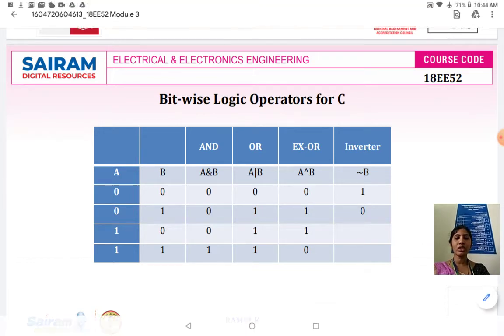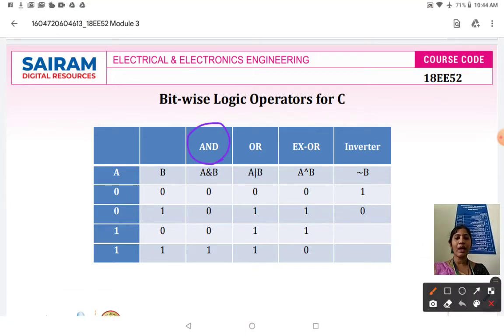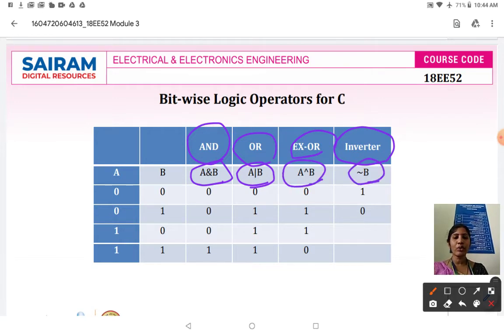Under logical operations you will get AND operation, OR operation, XOR operation and NOT operation. Apart from this we have some more operations also, but in writing a program we are going to focus mainly on these four operations. To represent the AND operation, OR operation and inverter operation, you will be writing symbols like this. So we should know what is AND operation.